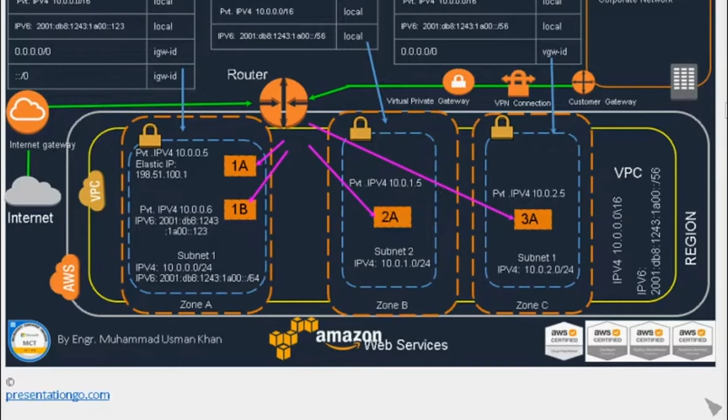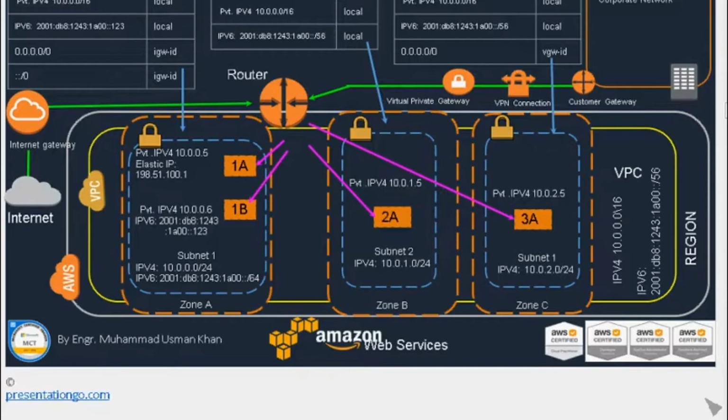So in the private route table, as you can see, that is directly connected with the router, and the router sends traffic to the internet gateway, and the internet gateway moves the traffic to the internet, the first one. And if you look at the second availability zone with the subnet 10.0.10/24, while the actual network is 10.0.0.0/16. So here the traffic doesn't move to any route table or the gateway. It's isolated from the route table and gateway, right?